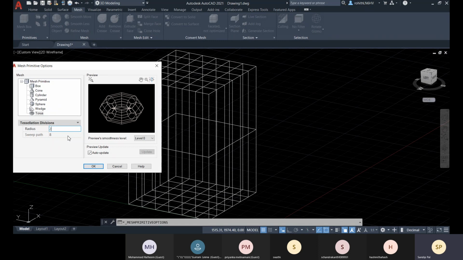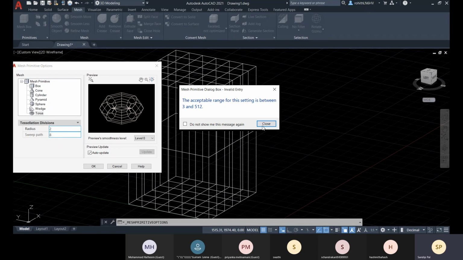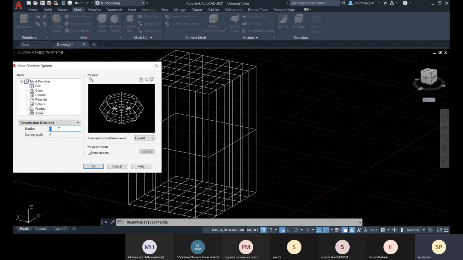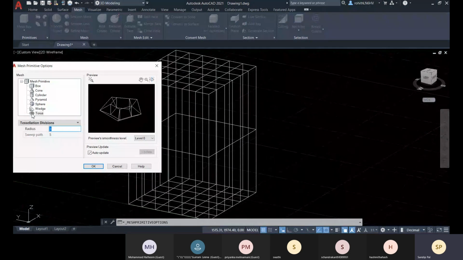So let me show you the radius 2, and sorry, you have to provide radius 3 at least, and for sweep path you go for 5, that you can see. So this kind of object you can create with the help of torus.